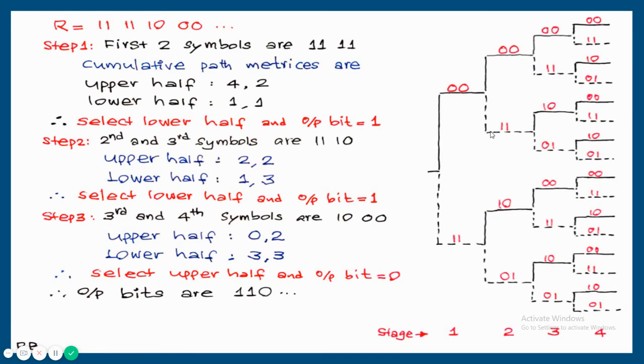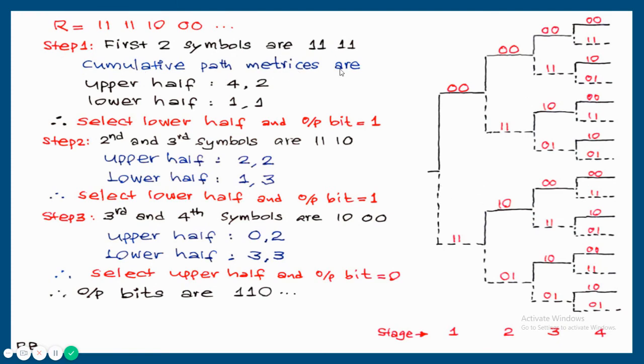So this is a tree diagram. Step 1. First two symbols are 1, 1, 1, 1, because my selection was I is equal to 2. That is, the first two symbols are selected: 1, 1 and 1, 1. Based on these 4 bits, here we should make a decision: upper branch or lower branch. In the previous case, based on the first set, we had selected this branch or this branch. That is not the procedure here. It depends upon the I symbols. I is equal to 2, so we are selecting 2 symbols. Based on these 2 symbols, upper branch or lower branch is going to be selected.